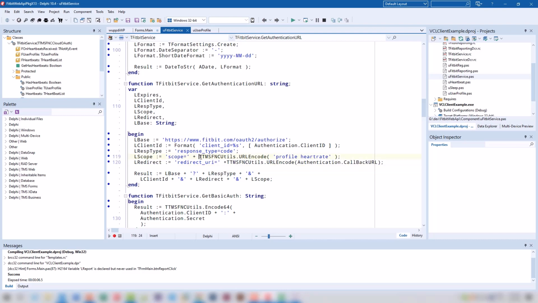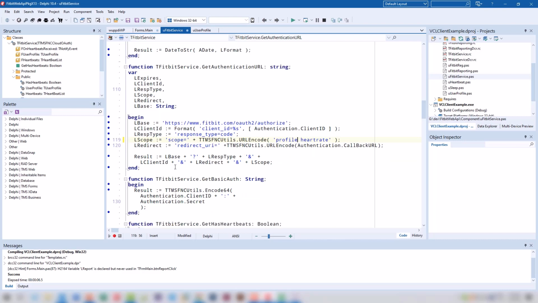One final thing, we have to wrap this in a URL encoding function, because the space here has to be encoded. I could have also written %20 or something like that, but I preferred my source code to be readable, and that's why I selected to use the TMS FNC Utils library and then URL encode, which gives me automatic encoding for URLs as they are supposed to be encoded when used in a URL.